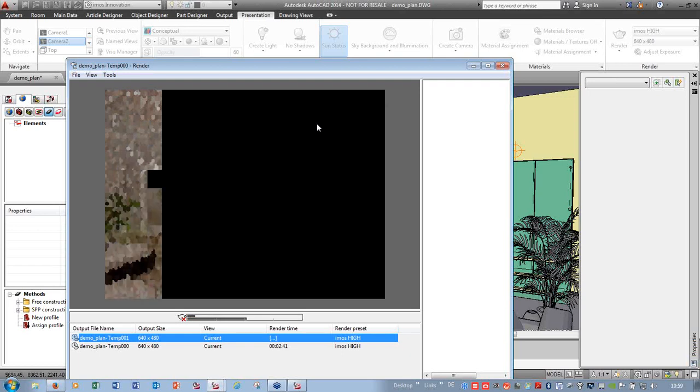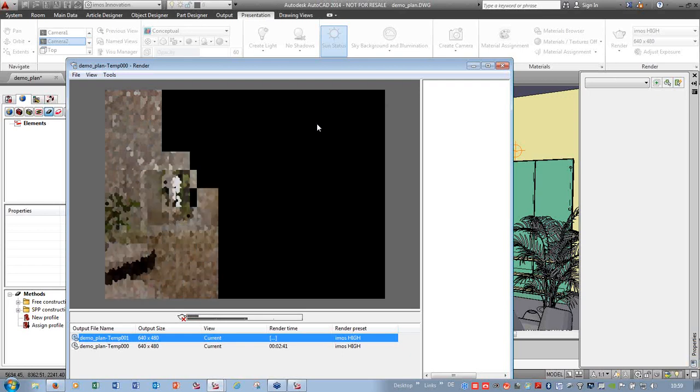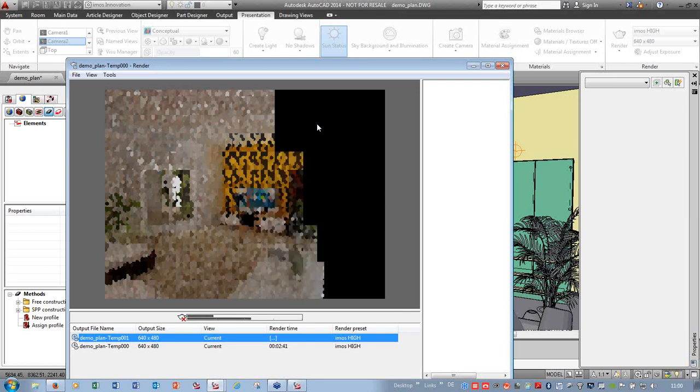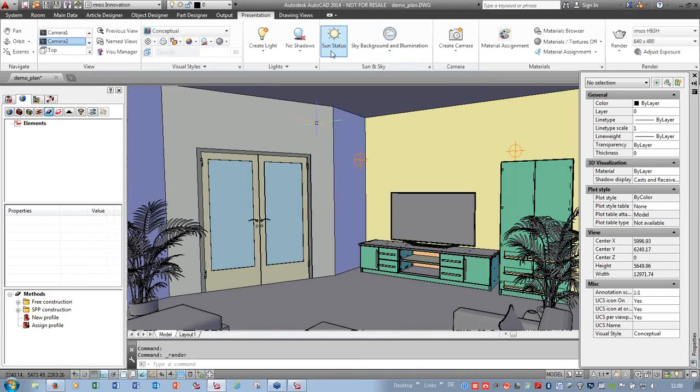What we see now is a little bit darker. That is because of the position of the living room. We can stop the rendering process. We go to our sun. What we can do in the sun also is we can